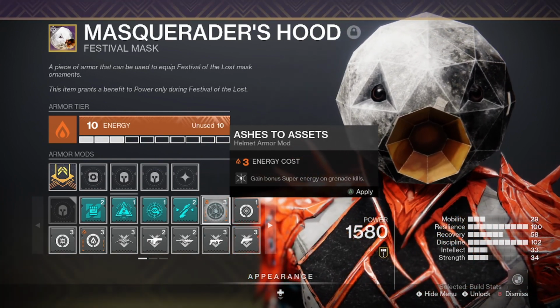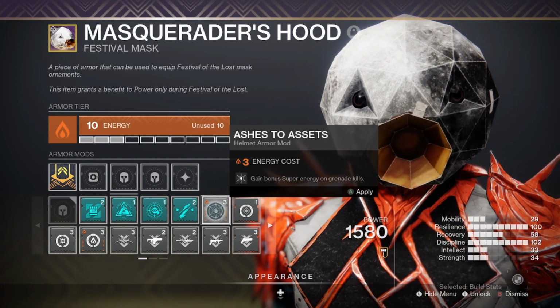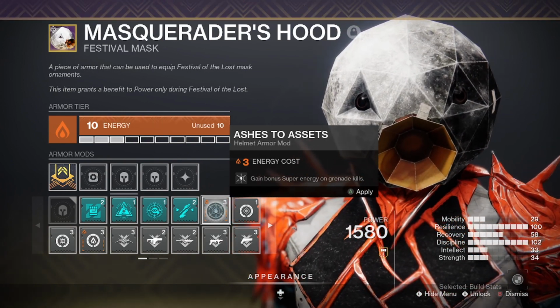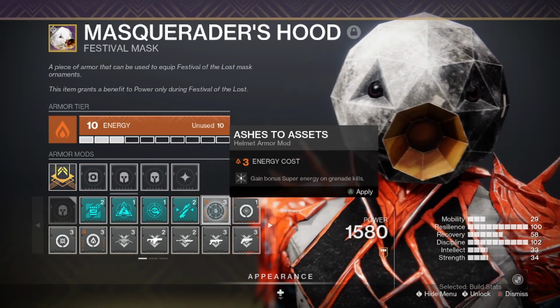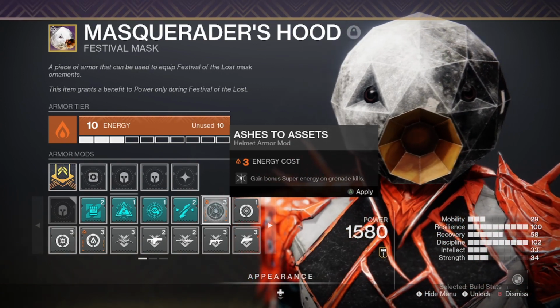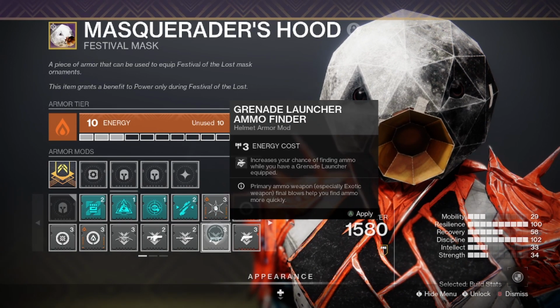And again, if you're running Sunbracers, or Contraverse Hold as a Warlock, or maybe you're running Heart of Inmost Light as a Titan, or just any grenade focused build, there's other grenade focused builds out there, high discipline. This is a very good mod, and I would definitely recommend looking into and testing it out, see if you like it. Again, the downside of running double Ashes to Assets is you can no longer run your ammo finders, so potentially